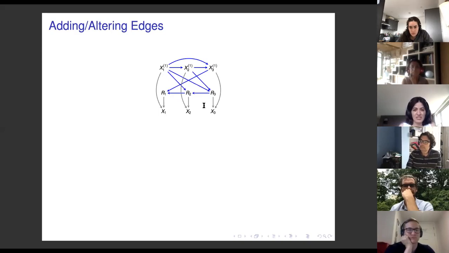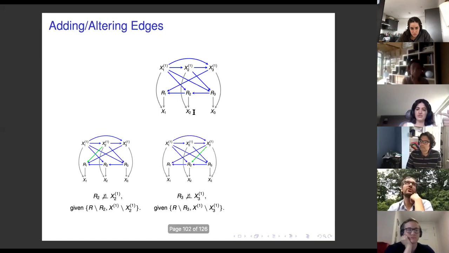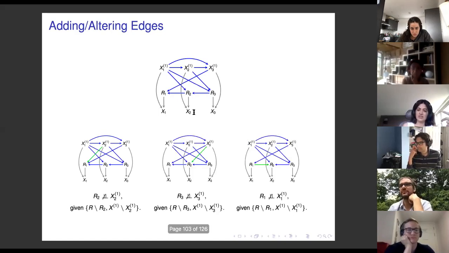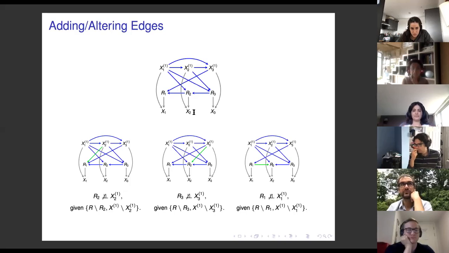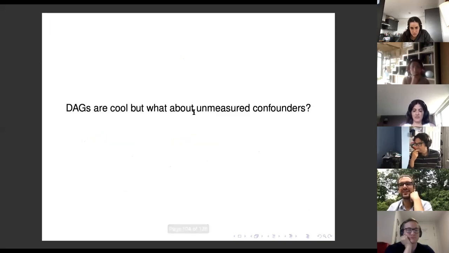But a nice thing about this graph is also that if we start altering edges by orienting them the other way or adding extra edges, they're going to introduce either self-censoring edges or occluders. So the full law is not going to be identified in those DAGs. All right, so that was the result for DAGs, but we know DAGs are cool, but